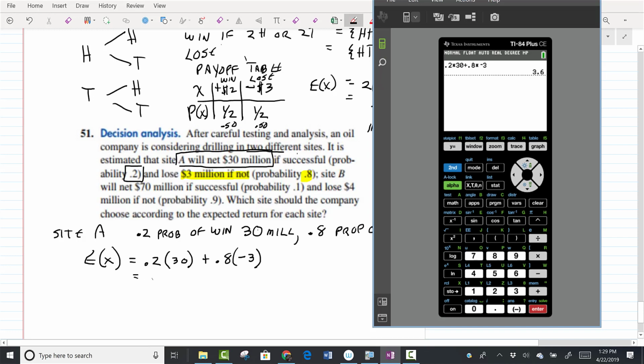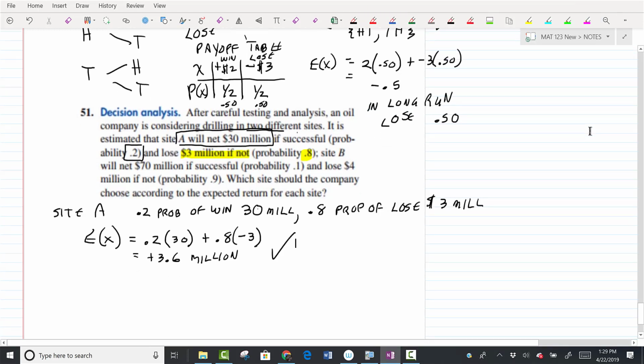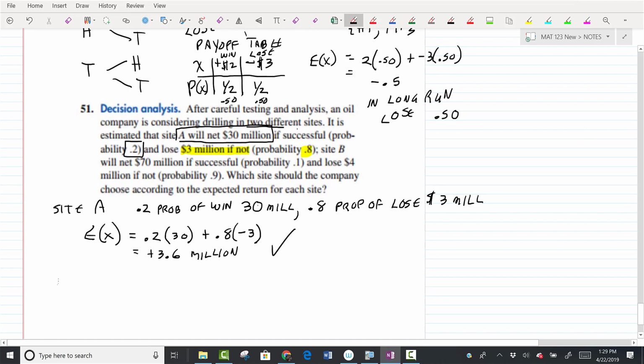All right, since it's a positive number, does that mean you're going to win money and be successful, or lose most of the time? What'd you say? Okay, yeah, you're going to win. You're going to make money. You're going to be successful. So that's what you want: in the long run, you would have enough successful drills that you would gain $3.6 million. Now what we're going to do is compare that to the other site. So if we go to site B